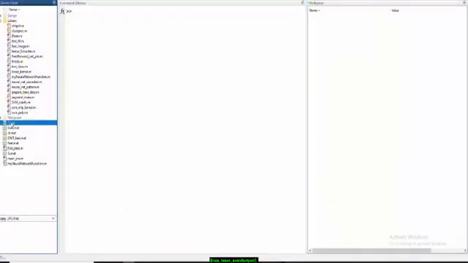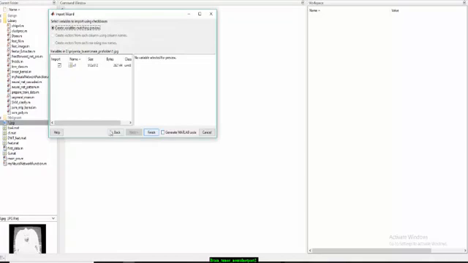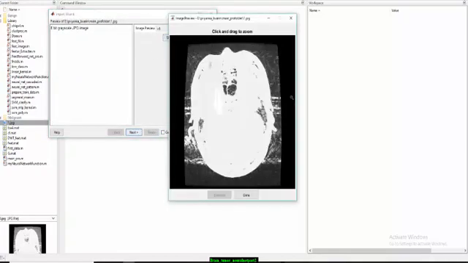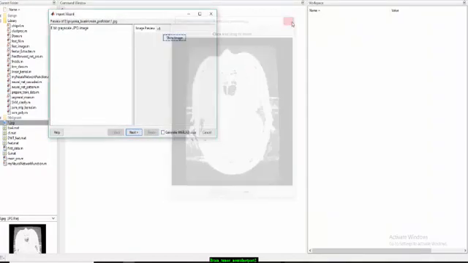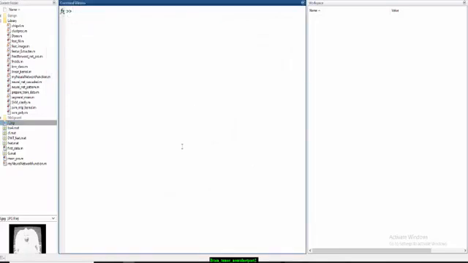I already put one of the images here, and I'm taking this reference image to show you the tumor segmented part. So let me read the image and store it in a variable.